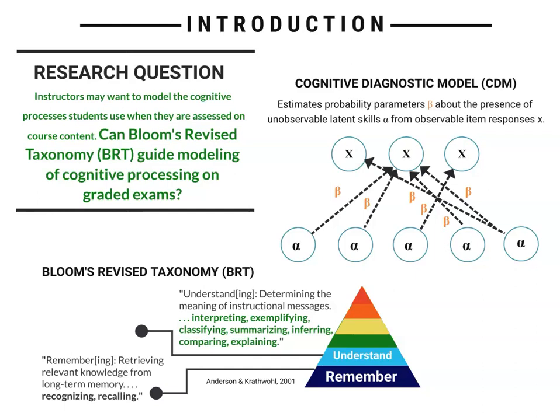In this study, we use the cognitive process dimension of Bloom's Revised Taxonomy, or BRT, to guide the modeling of cognitive processing on a graded assessment. The cognitive process dimension of BRT is a way of representing a hierarchical relationship between cognitive process skills for the purpose of designing learning and assessment. It is widely used for instructional design, which makes it a good starting point for investigating cognitive processing using assessment